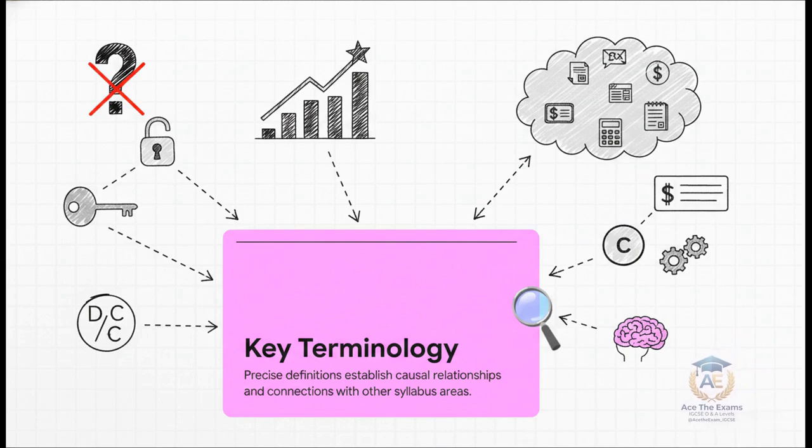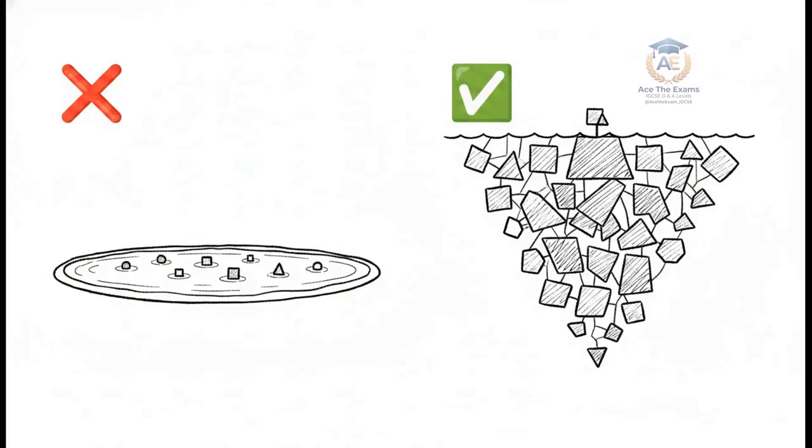Why did the contra entry fail? Was it a breakdown in internal controls? That is how you connect this topic to the broader syllabus and unlock the top-tier marking bands. Let's continue the debate, looking directly at superficial breadth versus analytical depth. Average answers are wide and shallow. Top-tier answers are narrow and incredibly deep.